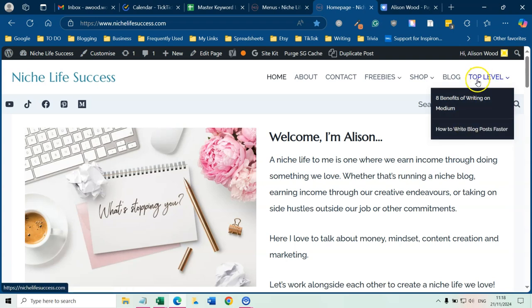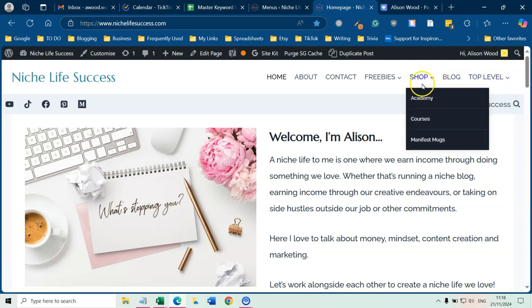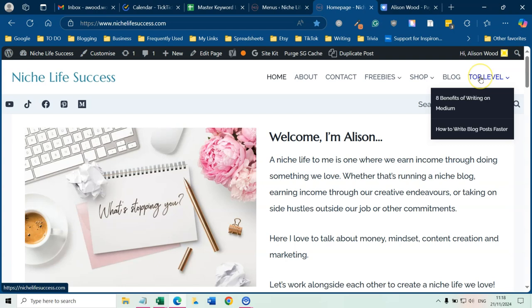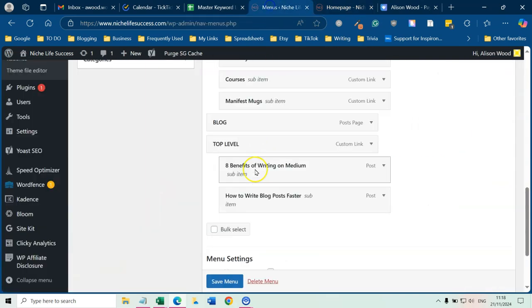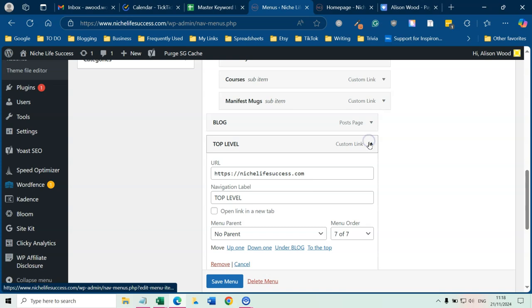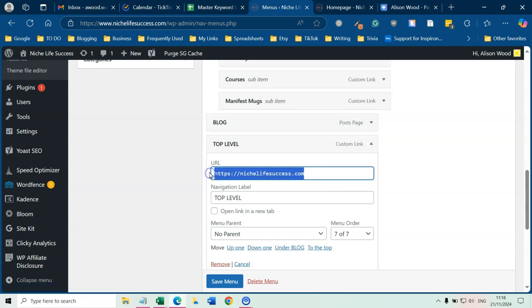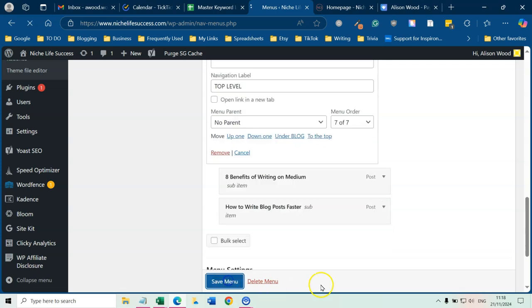Now the problem is that is still coming up as a clickable link. You can see that is not a clickable link. That is a clickable link, and obviously if you clicked on it, it just takes them round a loop to your website again. So you don't want to do that. So what you do is you just take that out. So take the actual URL out, save it,